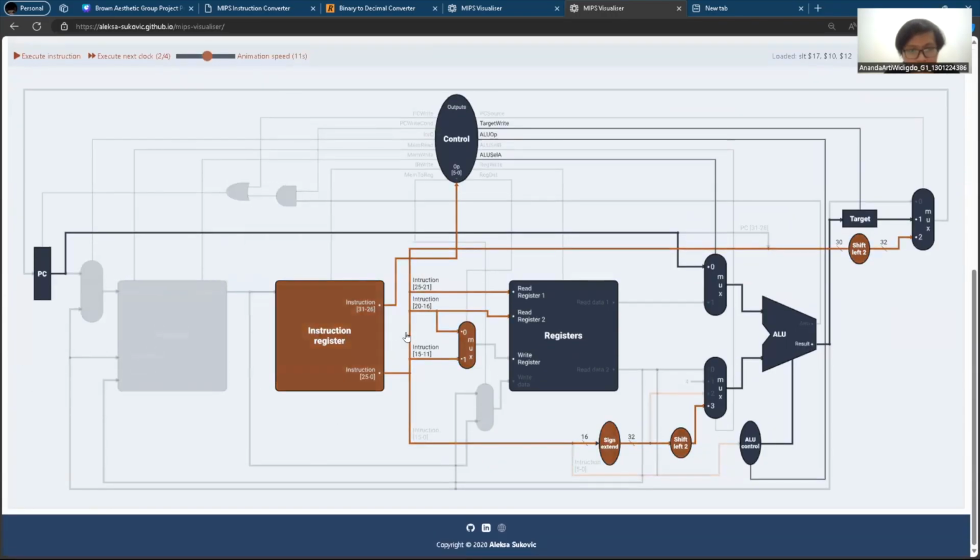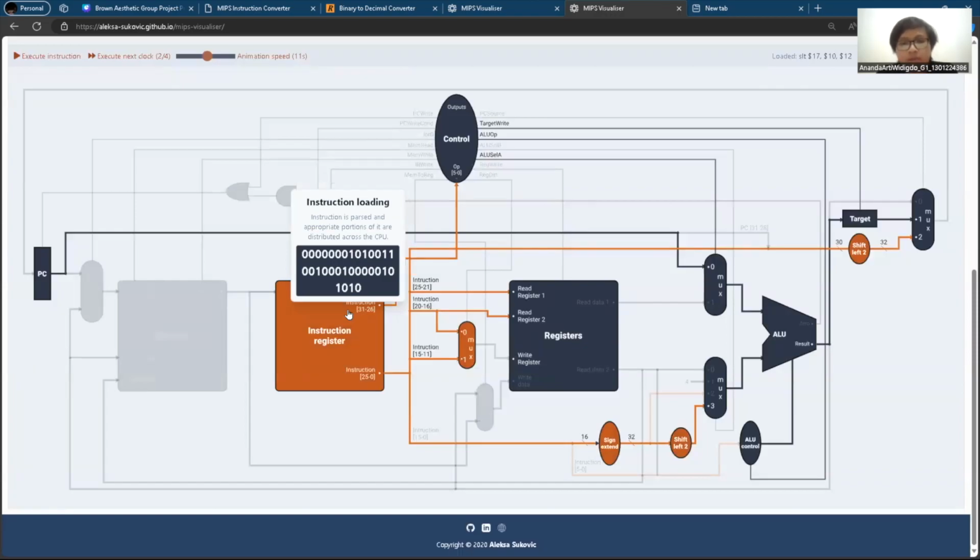As you can see here, the instruction register code, this binary code 00 until 1010, will be parsed. Some of them will go to the control unit, and then some will go to read register 1, read register 2, and then to this MUX, and then to this line here.